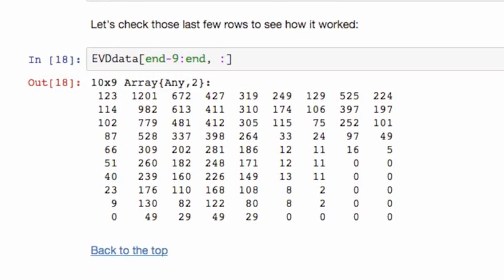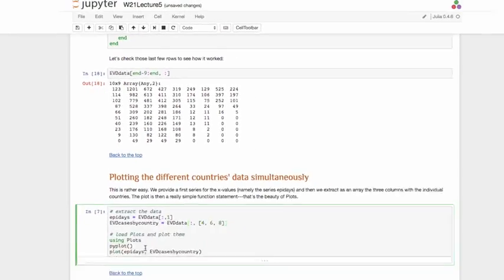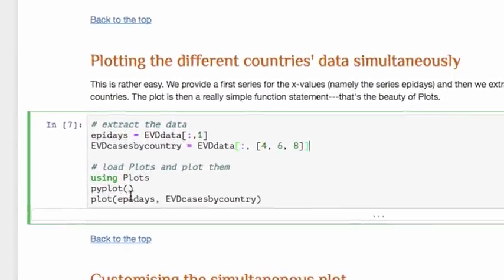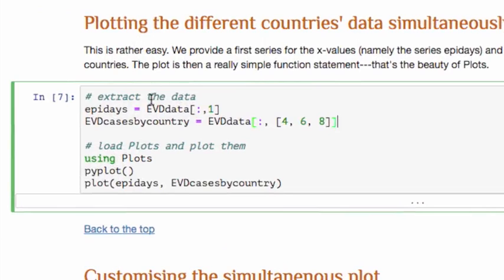Now it's really easy. We're going to use plots, so we specify that we're using plots, and we specify that the backend is pyplot. The x values are all the same, epidays. We've extracted it by column 1 in the EBD data. The countries are columns 4, 6, and 8. So column 1, epidemic days. Columns 2 and 3 are the data for all countries. Column 2, the total number of cases. Column 3, the total number of deaths. Column 4, total number of cases for Guinea. Column 6, total number of cases for Liberia. Column 8, total number of cases for